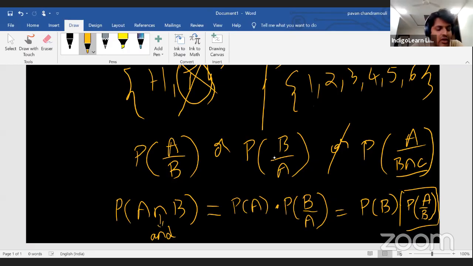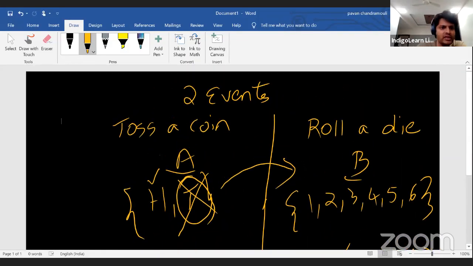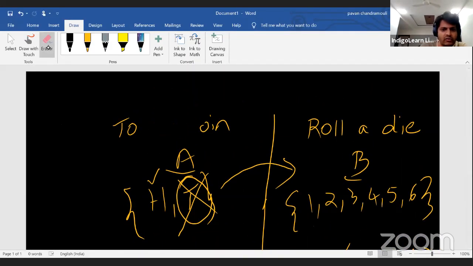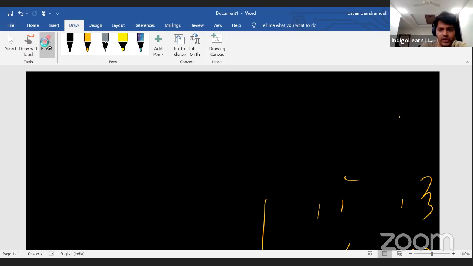Since someone asked me what is conditional probability, yes, I have explained it. Yes, conditional probability is the foundation of Bayes' theorem. I'm not denying that, because Bayes' theorem application problems are based on conditional probability. If you don't understand conditional probability, even Bayes' theorem is not relevant for you. So we can use these concepts even to solve the problems of Bayes' theorem. So probably you can relook at some of your questions, and then those will be much more meaningful for you when you try to do it.